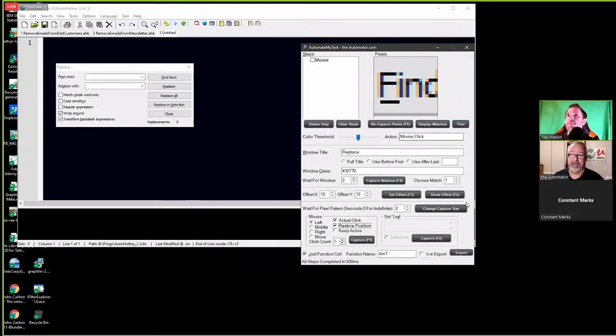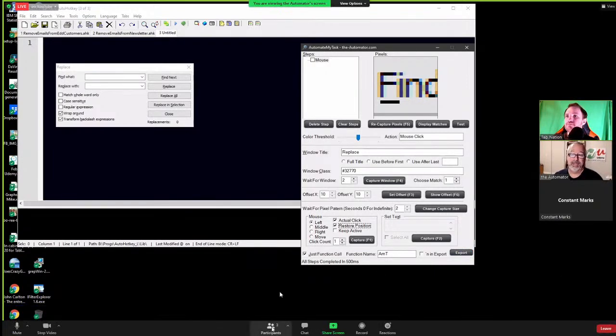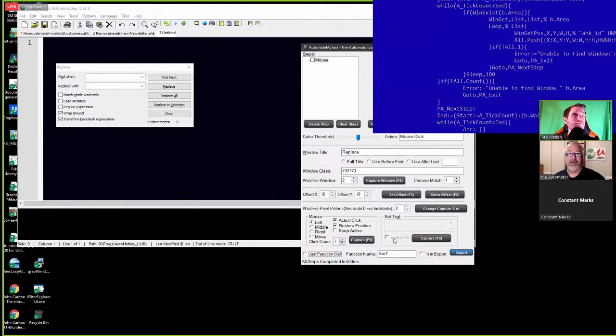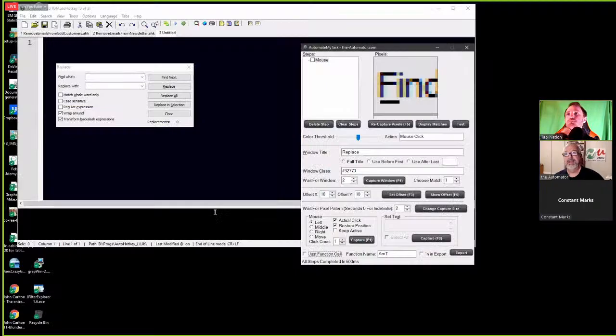When I'm happy with all this, then I hit export. And here is the code, which you would dump in. And actually, at the very beginning of this, we talked about your function library and if you want to use it. I have AMT as a function in my function library. If I unclick this and hit export, you'll see there's a lot more stuff. So here's the actual function call, and then this is the function. You want the whole thing, but I put the AMT in my function library, and then all I need is just